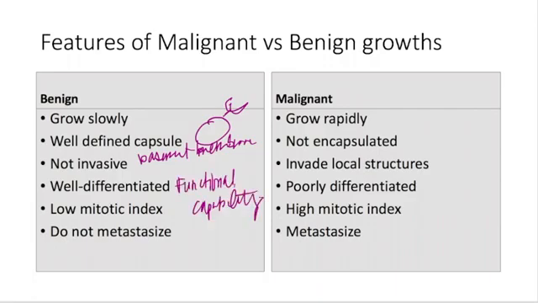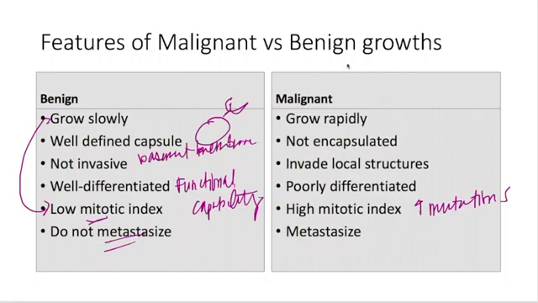The other thing that we look at is the mitotic index. So when we're talking about mitotic action, this is basically cell growth. So what is that cell growth index? When we grow slowly, we have a low mitotic index, on the lower side. It's not a fast, aggressive cell growth. Fewer cells are dividing. That's good when we're talking about cancer. If we have a high mitotic index, that means we're getting more proliferation, more cells dividing, and that increases the risk of more mutations. And then high yield is that it does not metastasize. That is a hallmark feature of a benign finding.